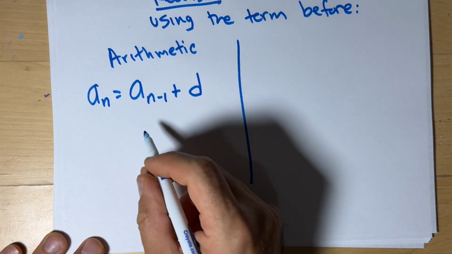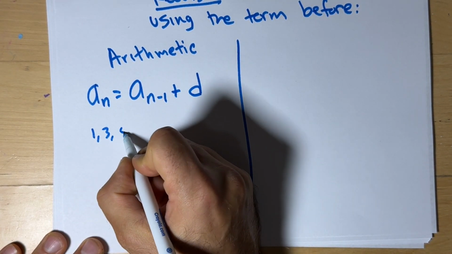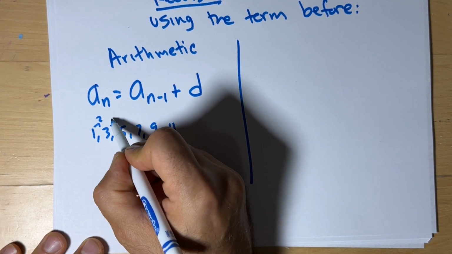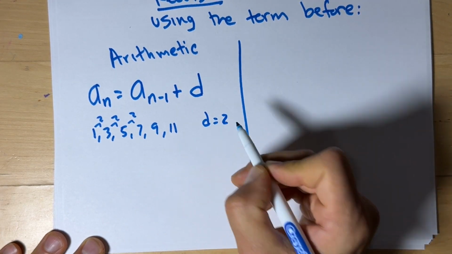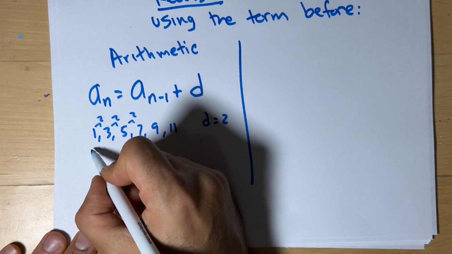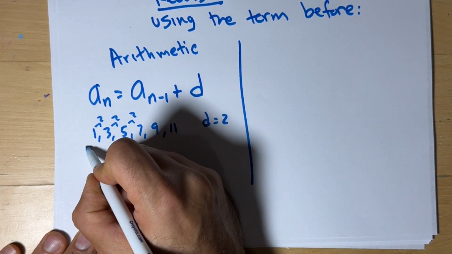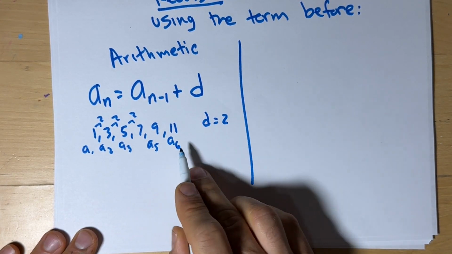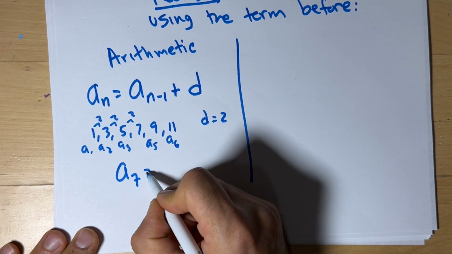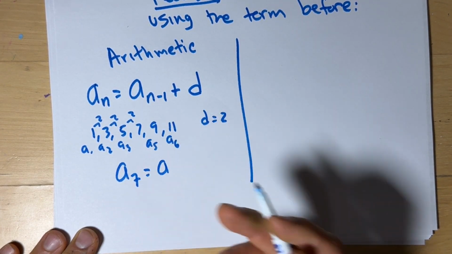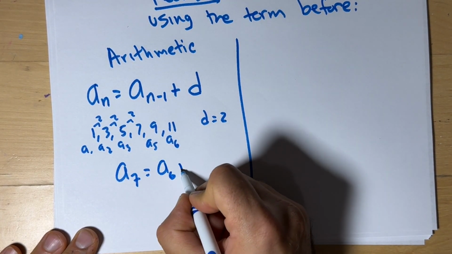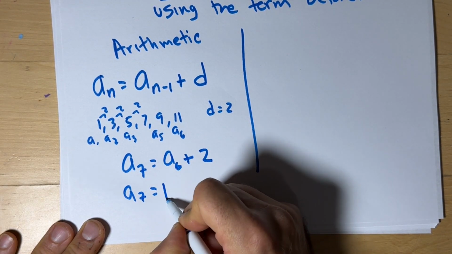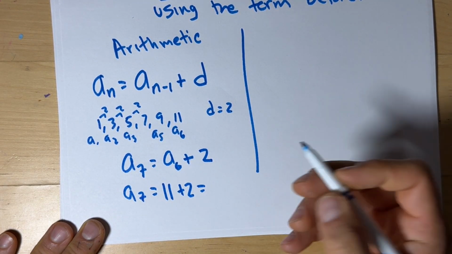So let's say I have a pattern 1, 3, 5, 7, 9, 11. Our common difference here is to add 2. So to find my first, second, third, fourth, fifth, sixth term, so this is A1, A2, A3, A4, A5, A6. To find the seventh term, a sub 7, we do a sub 7 minus 1, or the one before it, which is 6, plus 2. So a sub 7 will be 11 plus 2,